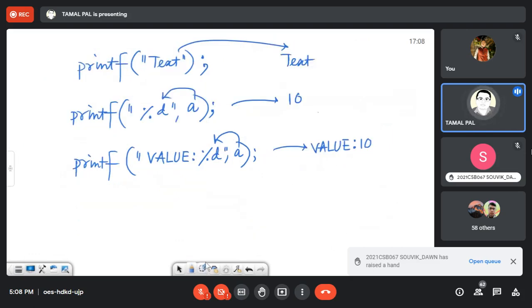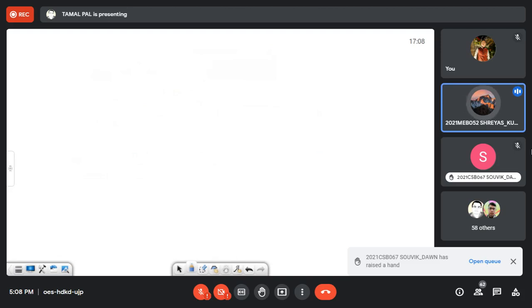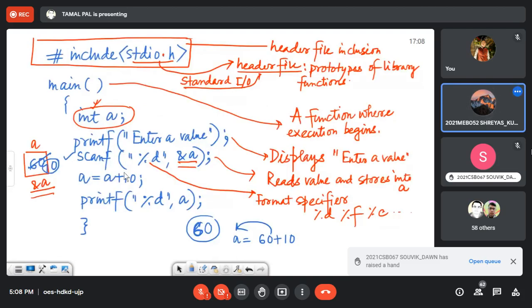What will happen if the user enters a floating point number instead of an integer? We have to write the same thing. If we put 60.5, the function will run, but there is a feature known as typecasting. You will not properly understand it right now, but since I have declared a as an integer, its fraction part will be discarded and only the integer part will be processed.